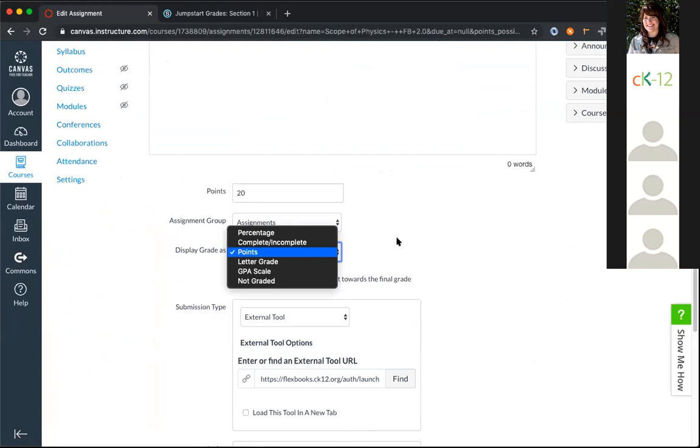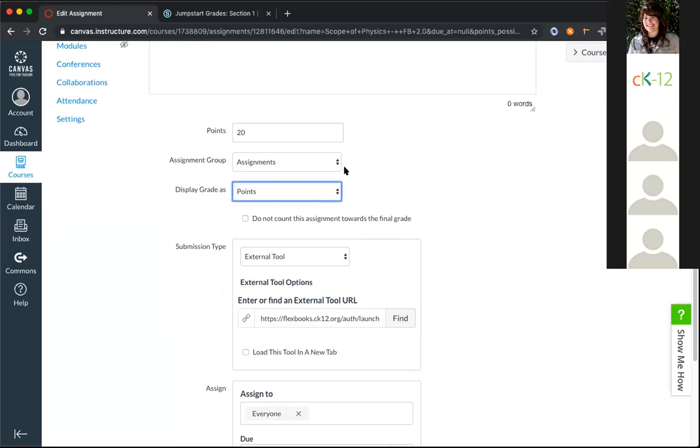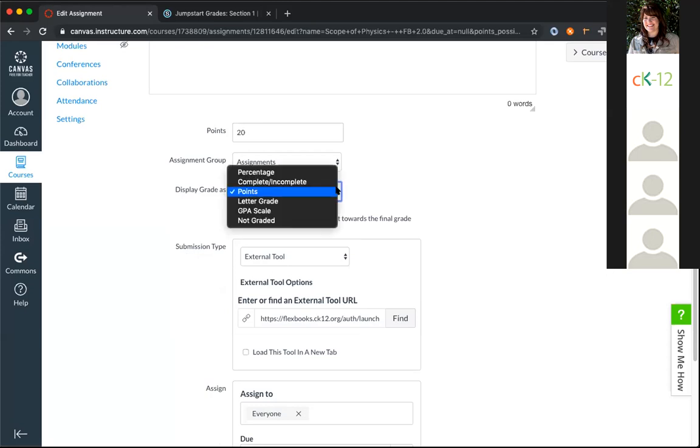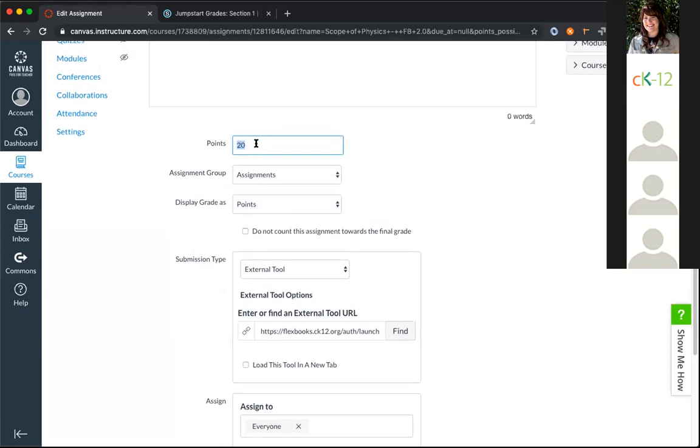Yeah. And so here's Canvas. They do give you an option to change how the grade is displayed. I'm not sure if that's exactly what you're looking for, but those options are, as far as I know, it. And then based on the point value that you set this to, when we submit our score, it does the calculation behind the scenes, and it should work out to be the same.